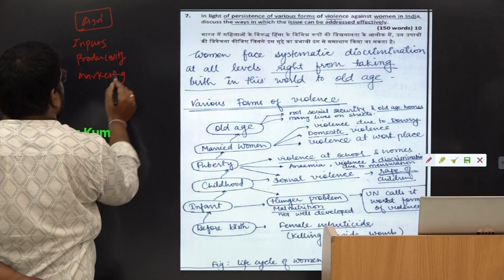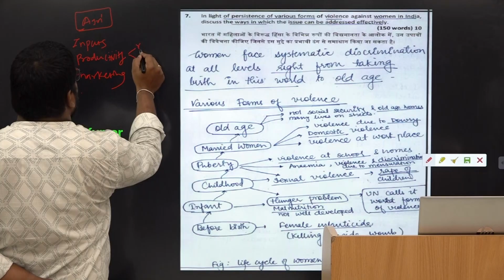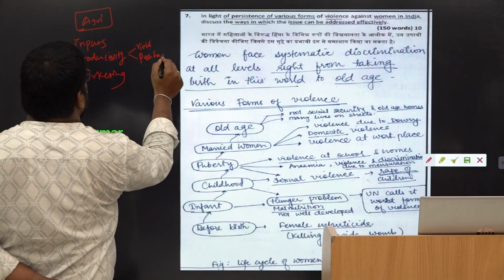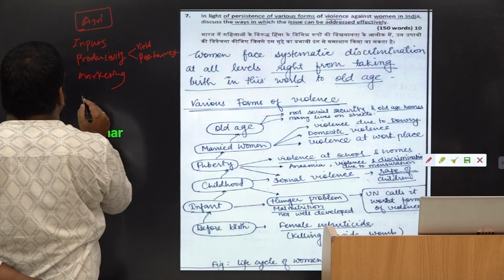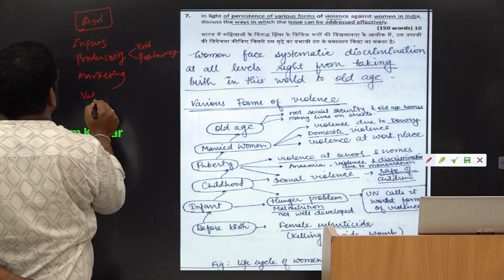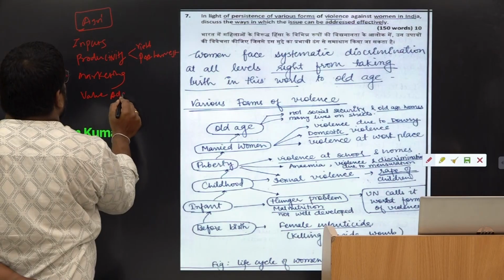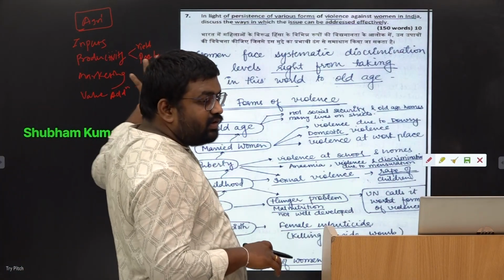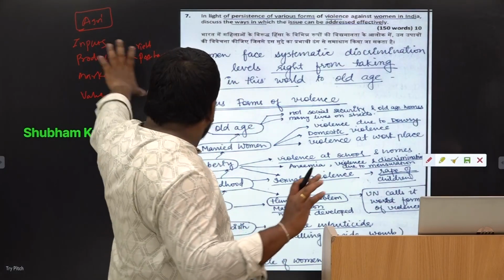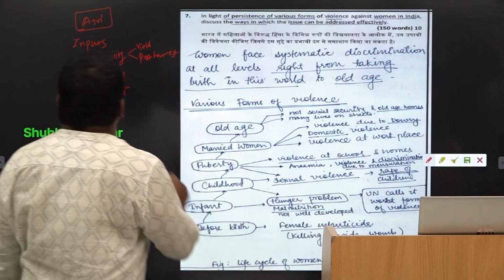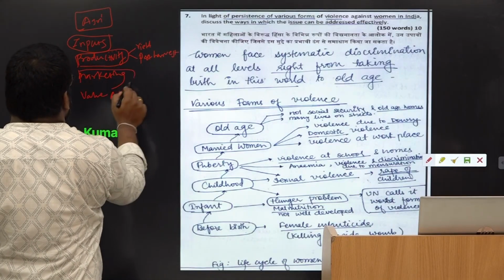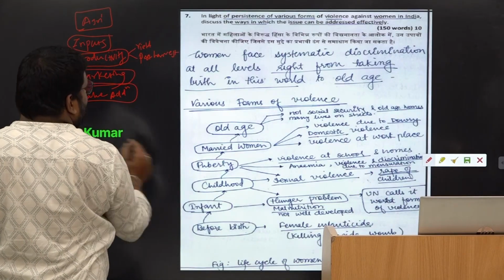In productivity it will be yield plus post harvest. This will be marketing, and last value addition. Okay, so if you are addressing the points using these as your subheadings, you simply establish the interlinking between these concepts in the same way that has been done